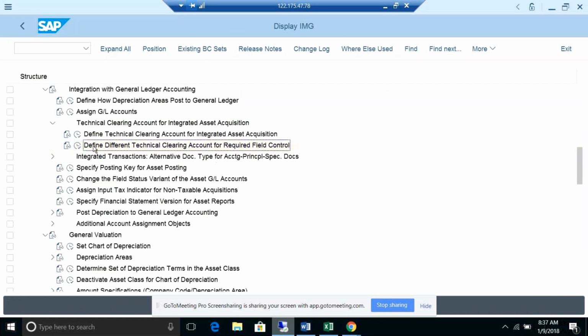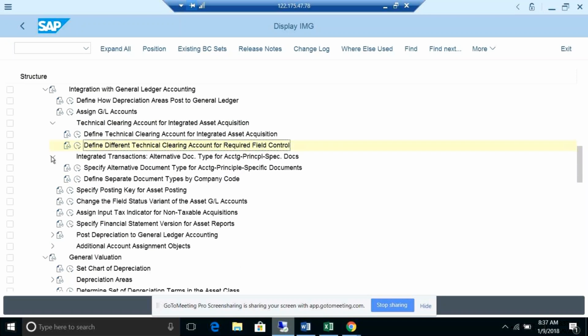Okay, so why are we using this technical clearing account? We have discussed this in the previous class. What is the purpose of this? So when we are flowing from supply chain or somewhere into fixed asset, we can always post to the technical clearing account first, and then we can nullify that when we post to fixed asset. So what is the purpose of that? It's like a holding account basically, if you're not able to post directly to the fixed asset.